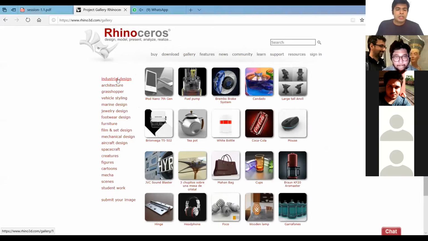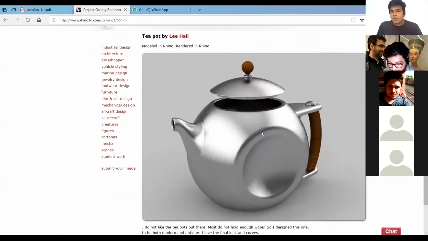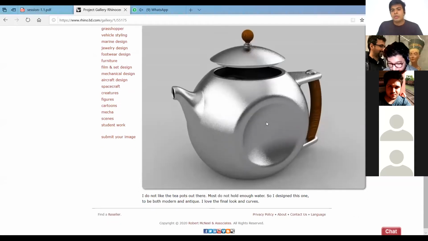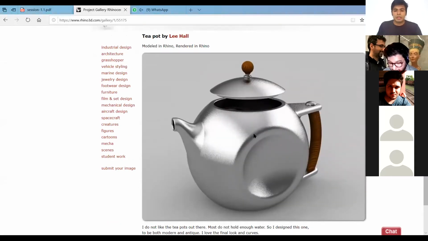So here is the list as we see: industrial design, architecture, Grasshopper, jewelry design, mechanical design, aircraft. I think I'll go into one. For example, talking about this pod. Even though we as the end users see the final model, initially it would be a prototype and then the final model is made. But in order to achieve the final model, all the iterations had to be